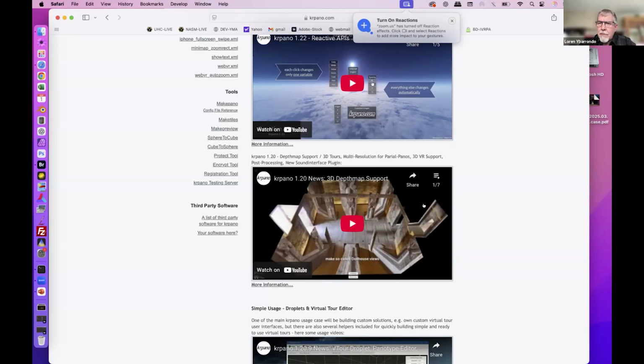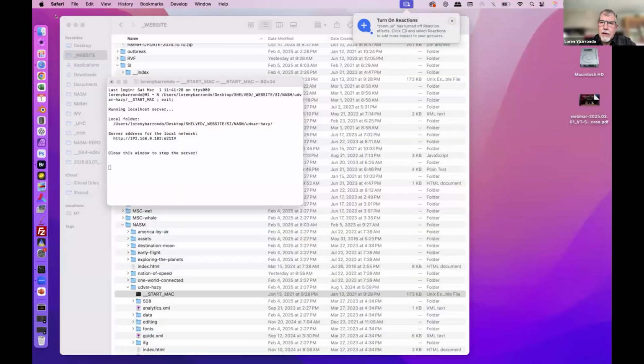Does anybody know about Matterport? Are you able to customize or go in and change the hotspots to that level? I'm going to go ahead and stop the sharing. You can, but Matterport, eh,